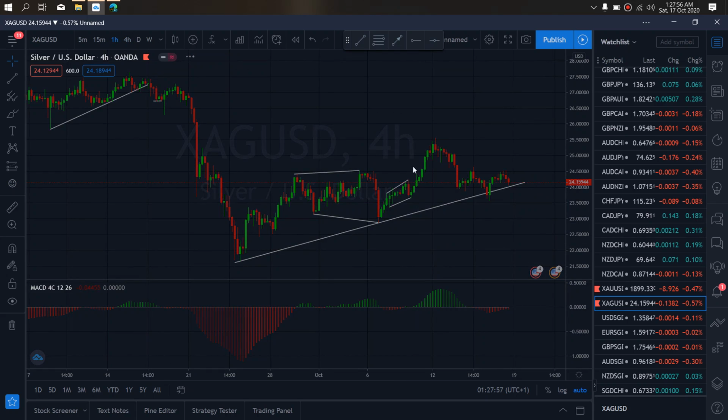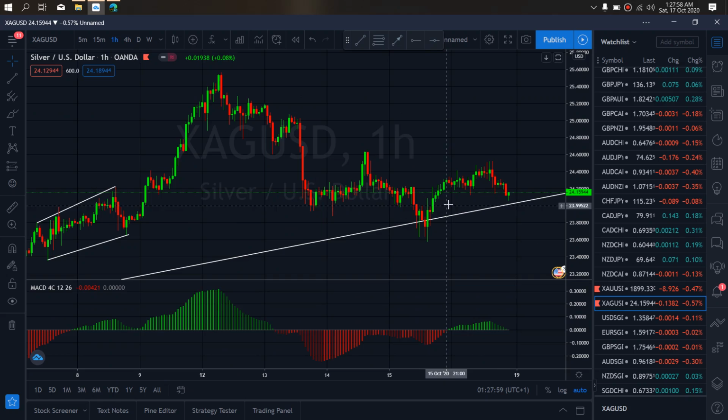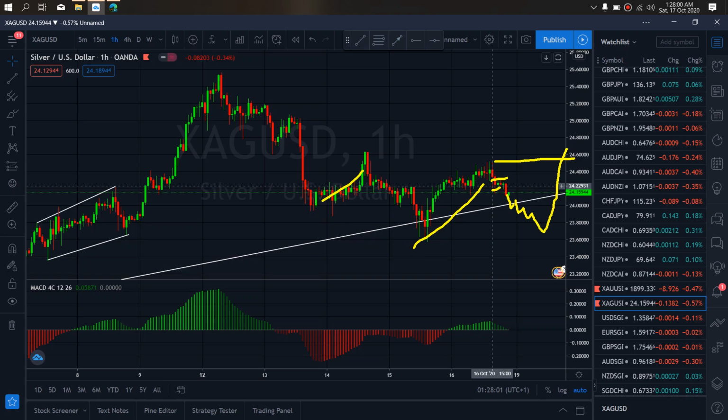Zoom to the 1-hour time frame. On the 1-hour time frame, this is already a nice sell setup and it's dropping. I expect this drop for a while and then it comes back upside to complete this flat, as this is longer than this, so this is a different wave, so I expect it to drop, give us